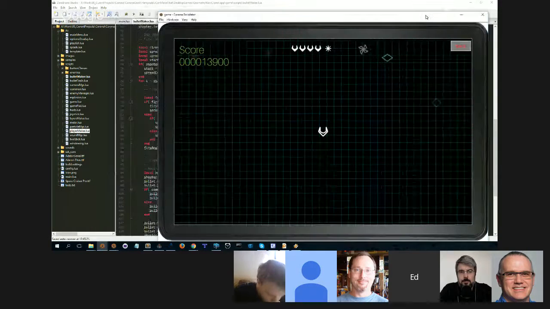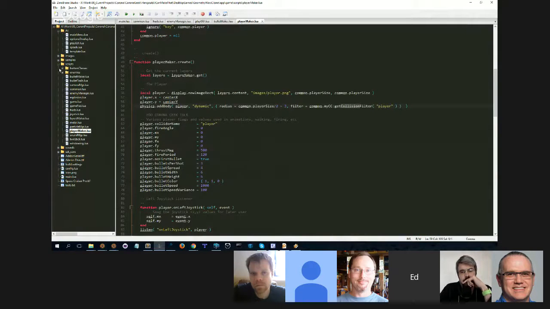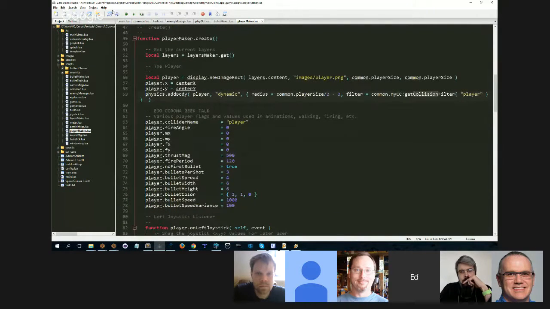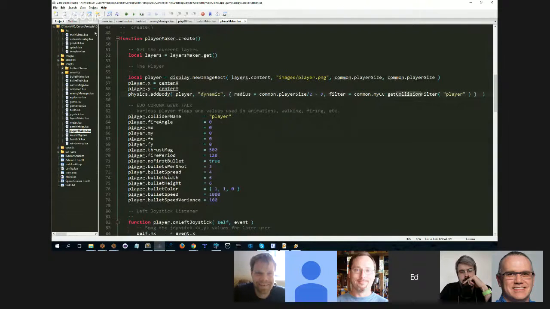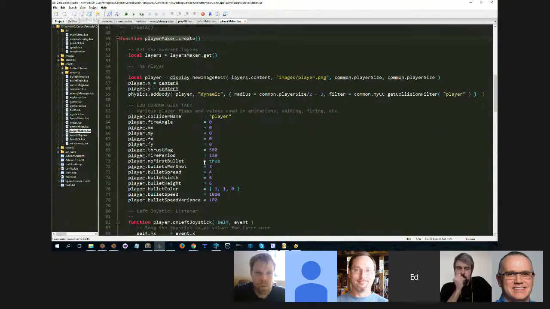So how do we do that? Let's take a look first at the cannon. So if we take a look at the player maker code, which is under the scripts folder, I've made little notes here for me to find the code today. We want to take a look at the player maker create function, which starts on around line 49. And if we scroll down just a little bit, we are going to see a whole series of settings. Among these settings, you will see